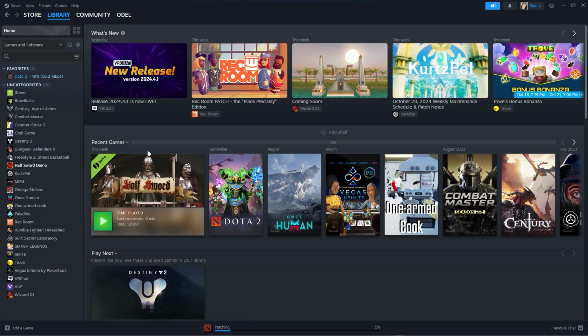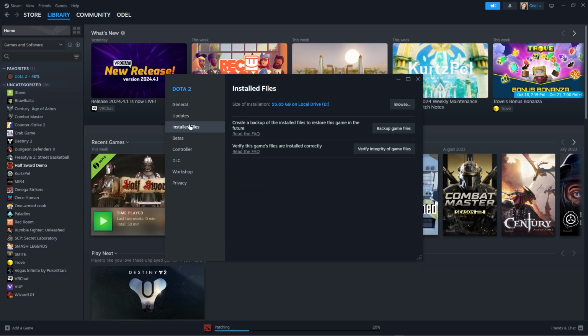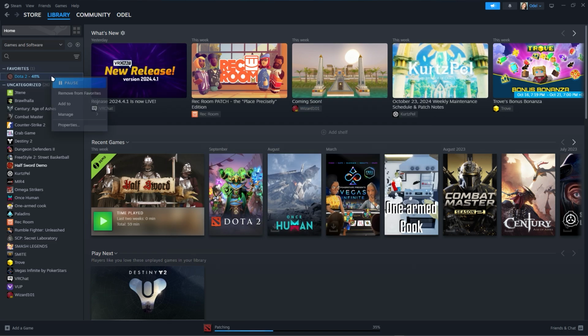Now, once you are in here, you should right click your Dota 2 and go to properties and just go to installed files, and you must click verify integrity of game files. Now, that is just the second method, and the third method is just go to